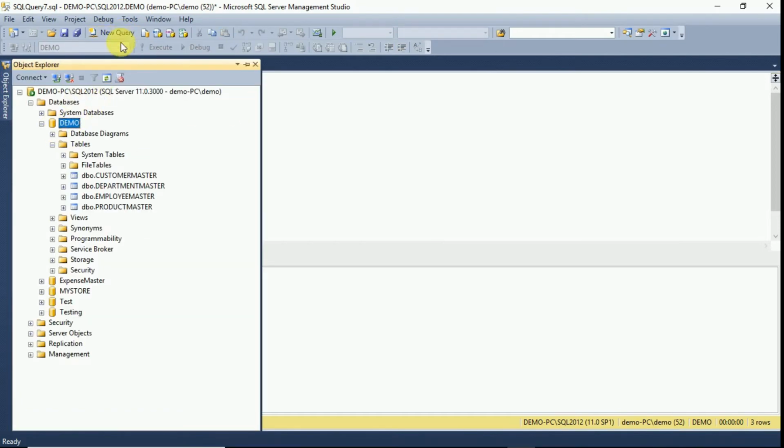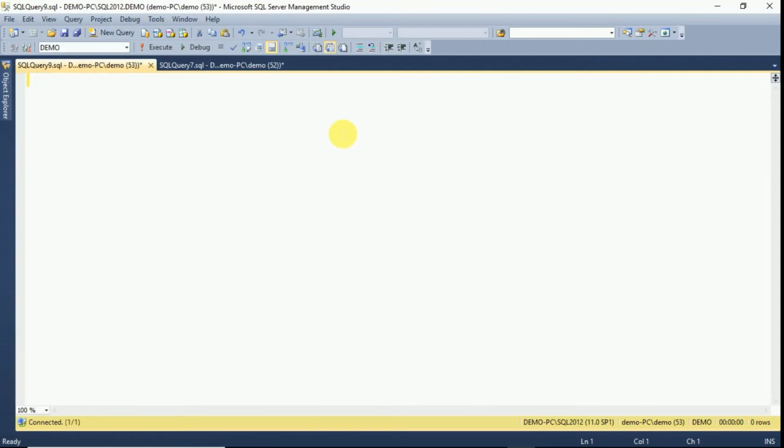Click on database, new query, create function. We have to provide the function name here. It is user defined function. Get employee and customer info. So we have to get the employee and customer information. Here it returns table. We have to declare the table name here, and it will return as table.